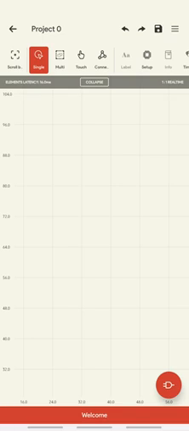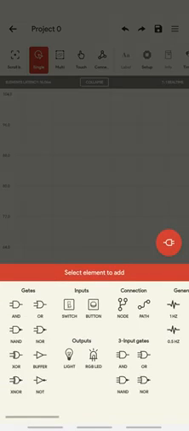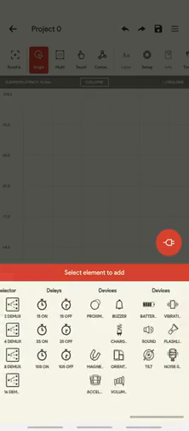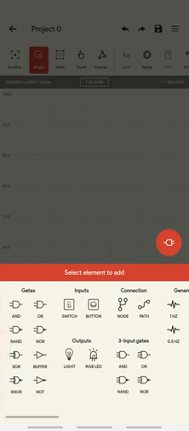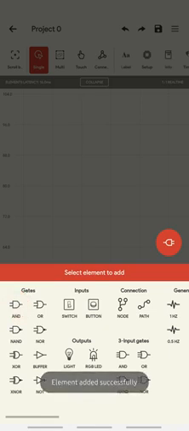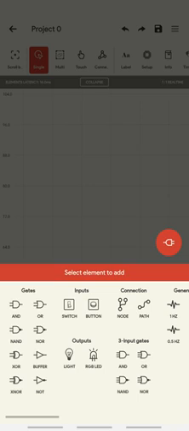Here again you see the symbol of a gate at the bottom right. If I click on that, I can see various different elements. Very first, let us verify the AND gate. To select the element, I just click here and I get the message, element added successfully. Here we can have a 2 input AND gate or a 3 input AND gate. First we'll go for the 2 input AND gate. 2 input means 2 switches are required.